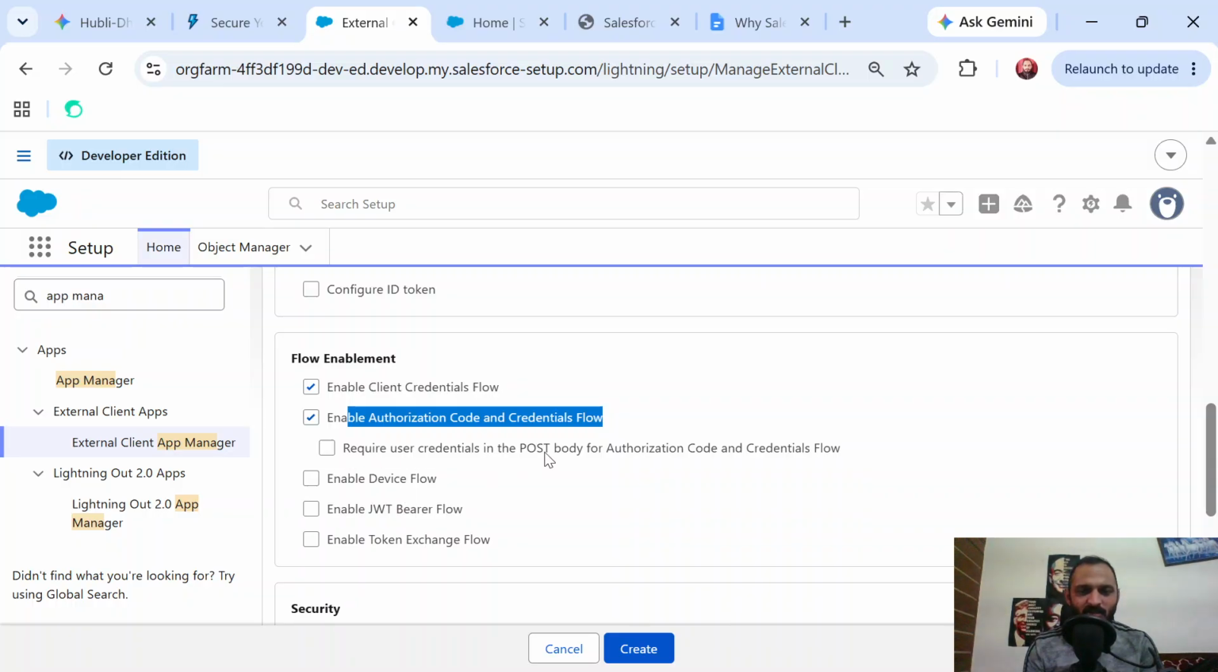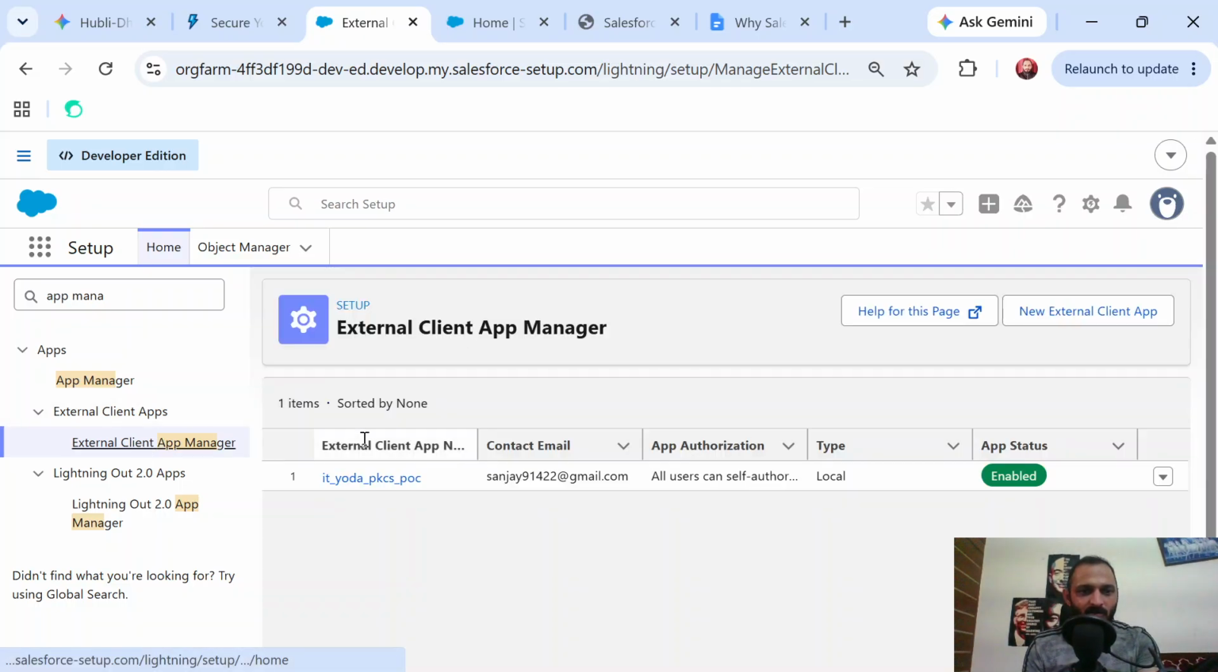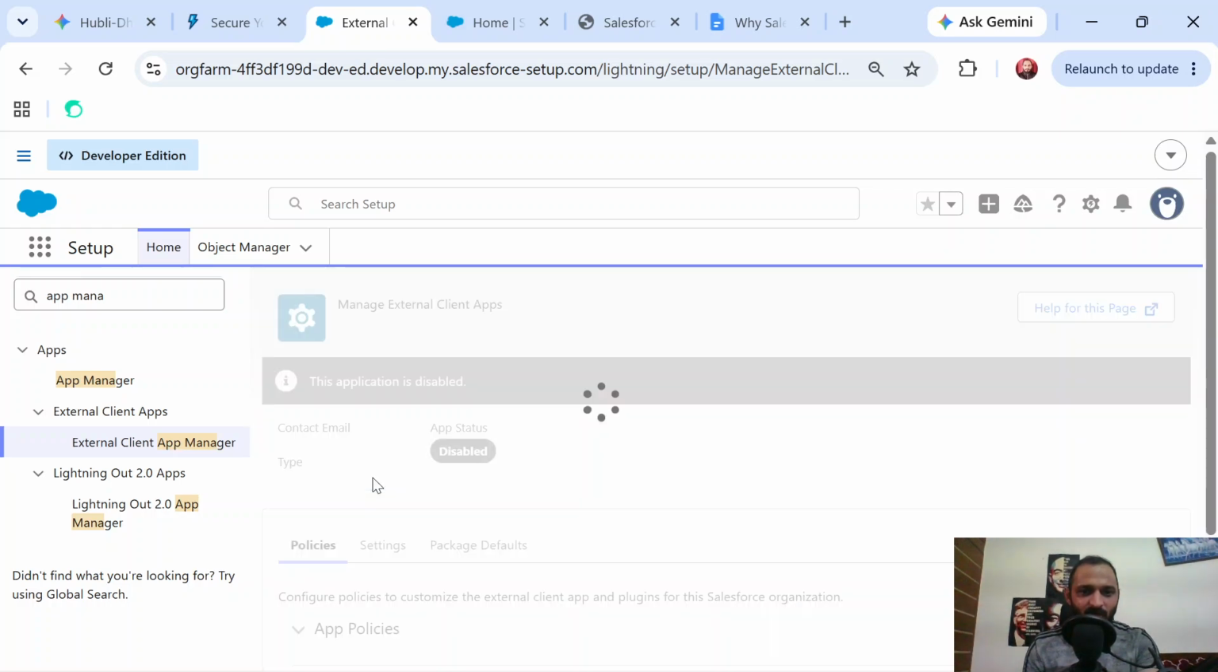Require user credential in the post body for authorization code and credential flow. If you check this one, then your app must use a post request, okay, and not the get request. So that is what this check is about. Okay, so once you create your app, then your app will get listed here. Okay, your app config, and if you click on this one here,